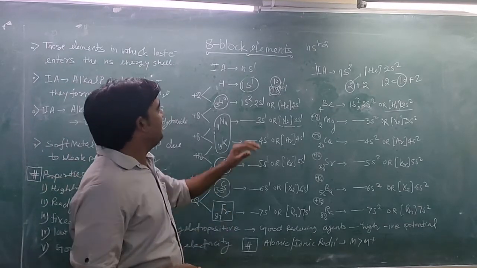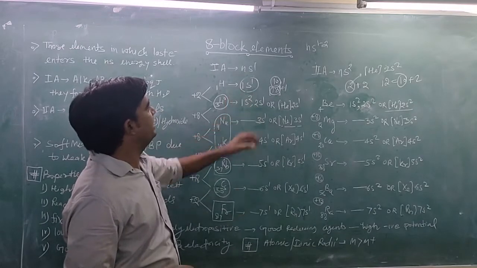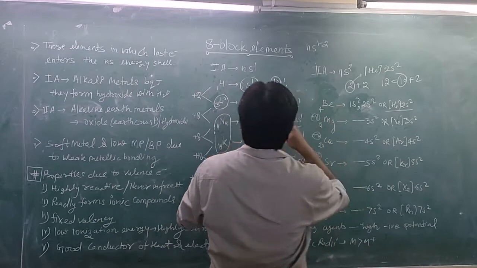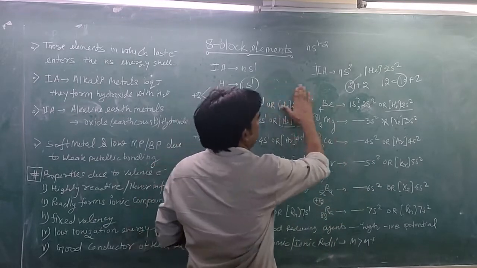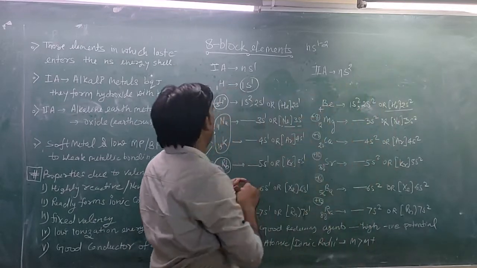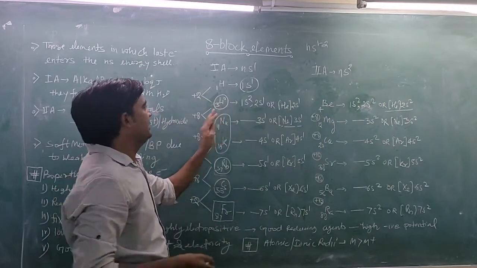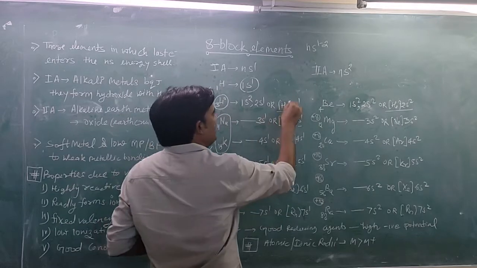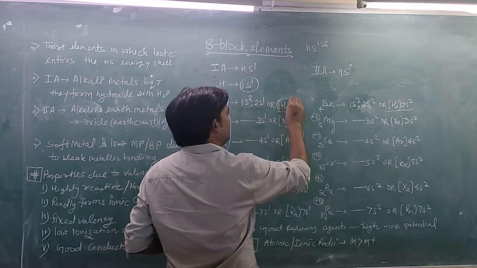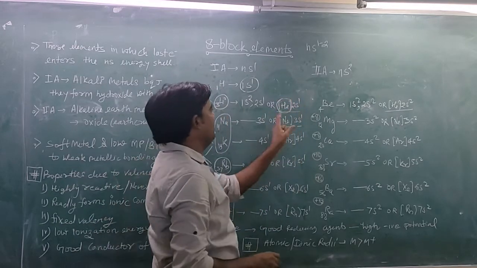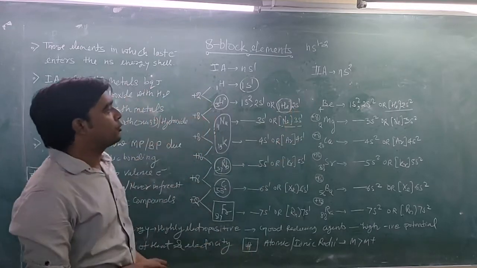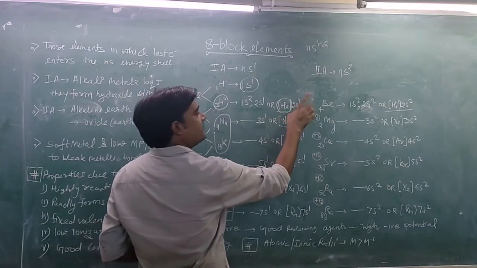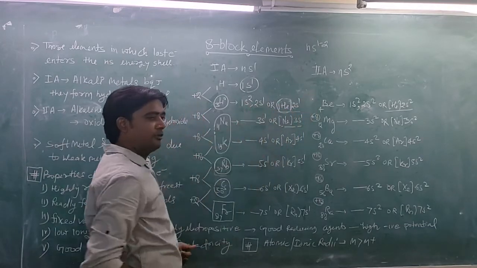So if you look here carefully, then you will find the interesting phenomena is here. What is the interesting phenomena? Now if we look at lithium, lithium is 3 and the electronic configuration is this. Here is the inert gas configuration, and the valence shell has only one electron. If you remove this electron, then you will find the stable electronic configuration.